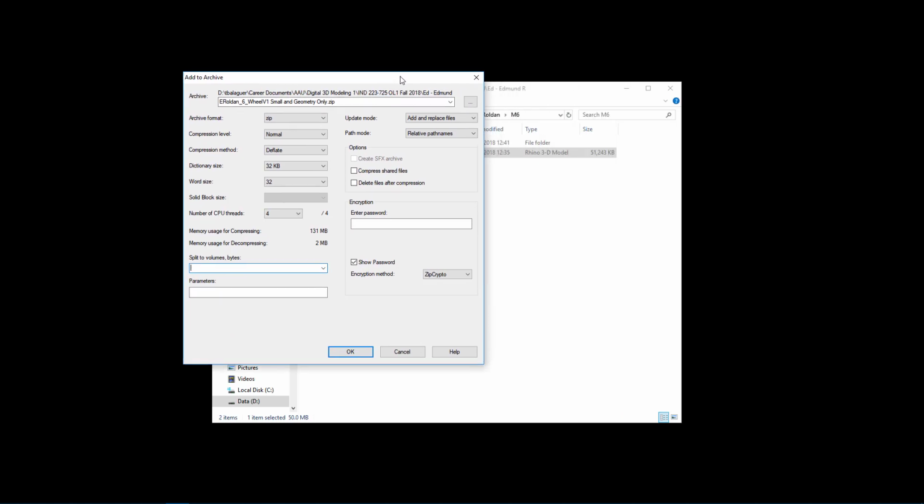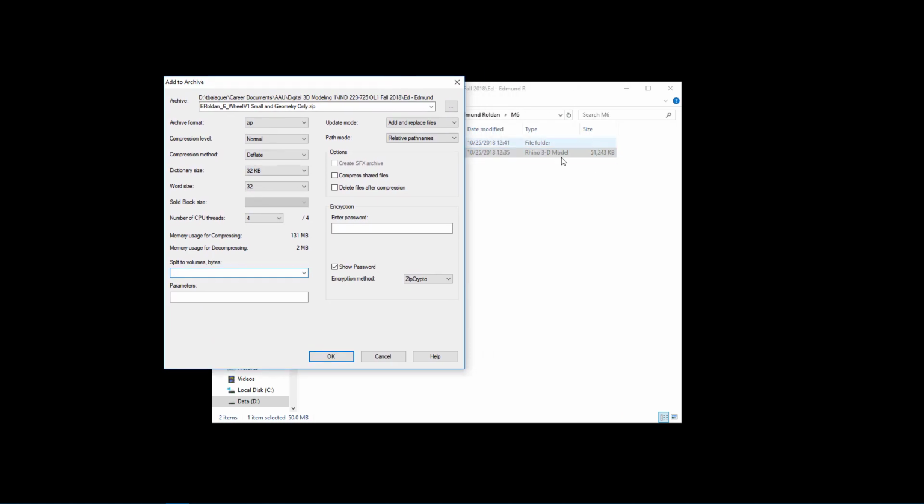And as I said before, the file here is 50 megabytes. So if we said we want it to be 100 megabytes, then we would get one zip folder. So we don't want that. For the sake of a demo, we want it to be smaller. So let's say we want to break it up into 5 megabytes, or maybe 7 megabytes. So this can be whatever you want, and by default, the volume is split into bytes.